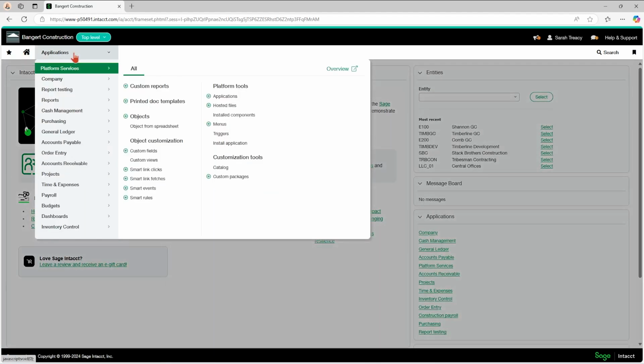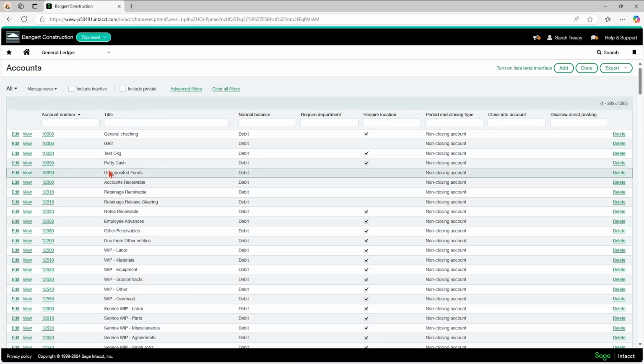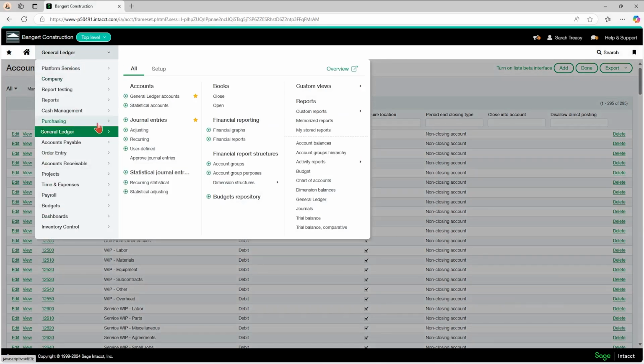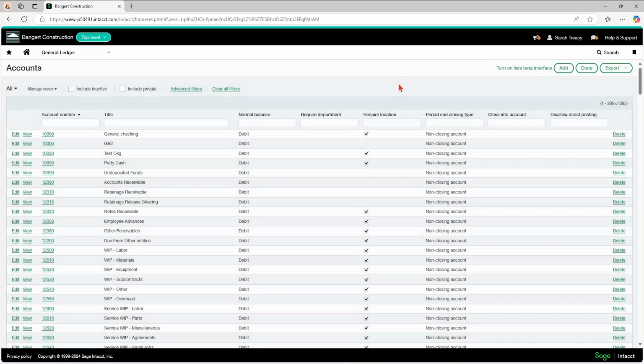Like I said, you're going to be hopefully significantly reducing the number of accounts that are in your system. And if you go to general ledger accounts, you can see the structure that you've got set up there. And if it's anything other than 5, definitely please do reach out. And then we will have a whole segment on your dimensions and how to enter all of them. And then there is a dimension discovery meeting that is optional as well if you have additional questions on that.